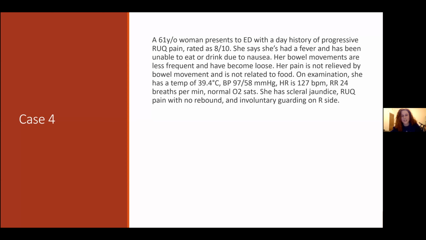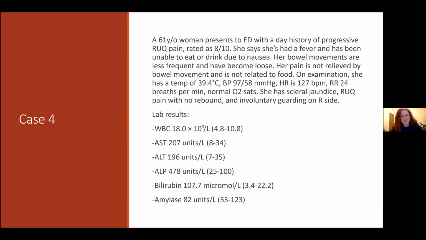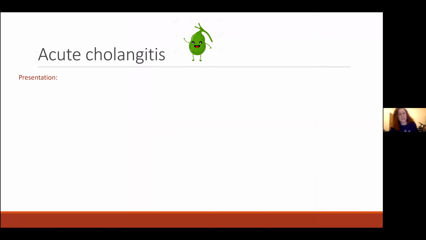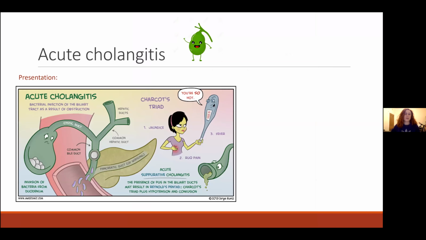Okay, so this is actually acute cholangitis. There's some lab results there as well, which I forgot to put up. As you can see, her white cells are raised, her AST, ALT, ALP are all raised, as well as her bilirubin, but her amylase is normal. That's how you can tell that it's not pancreatitis. So yeah, this is acute cholangitis, and we'll go through why this is cholangitis rather than cholecystitis or biliary colic in a minute. So the presentation of cholangitis,